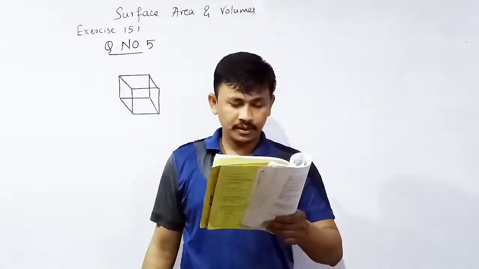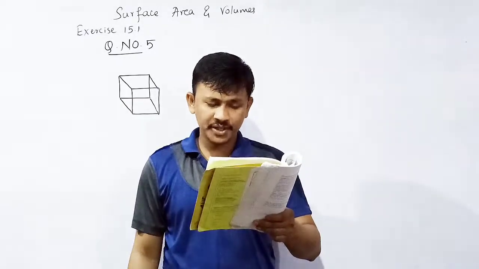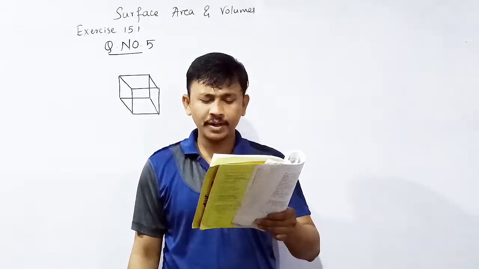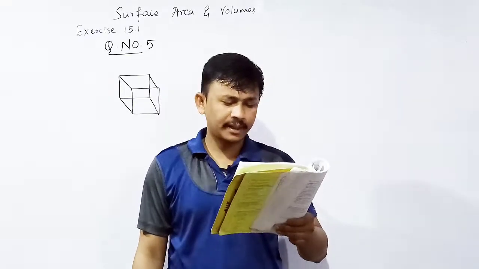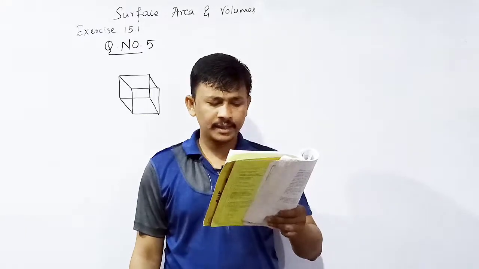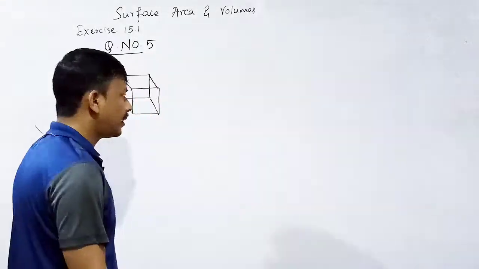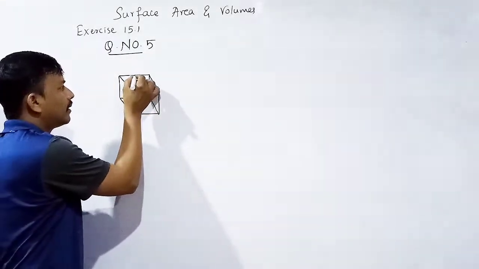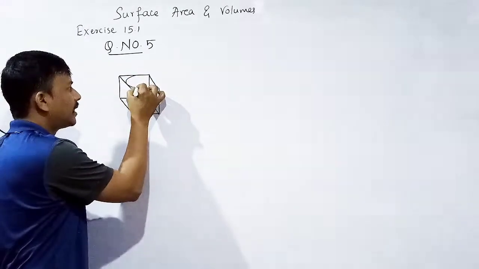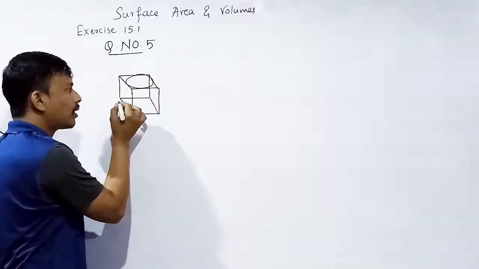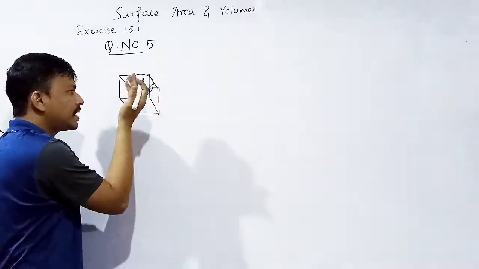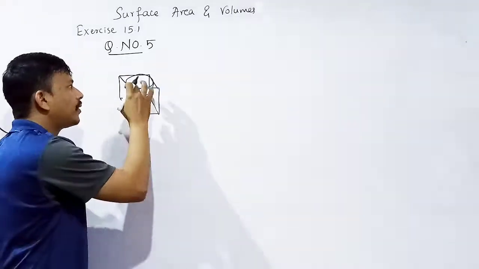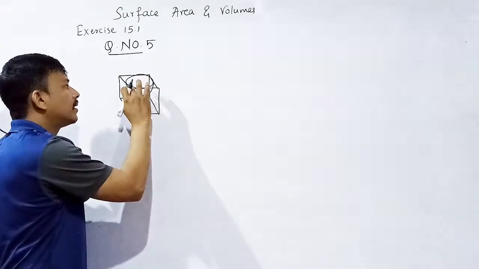Fifth question. A hemispherical depression is cut out from one face of a cubical wooden block such that the diameter of the hemisphere is L. That means consider one cubical wooden block in which a hemisphere is cut out. What did they cut, friend? They cut a hemisphere. OK,